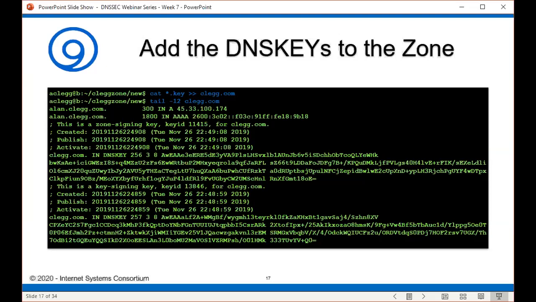So if you accidentally do it, you're not going to be able to serve the zone because the zone is now going to be invalid. So I did a tail -12 on clegg.com, and we see that now after that final record of allen.clegg.com quad A record, we now see all of the data, including the comments of the ZSK and the KSK in the zone file. So now we have no signatures in the zone because we haven't told BIND, we haven't done anything